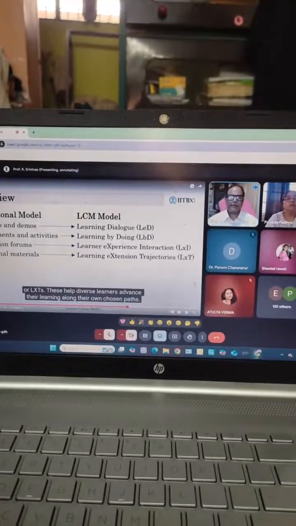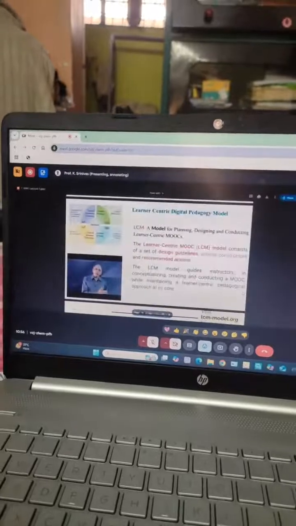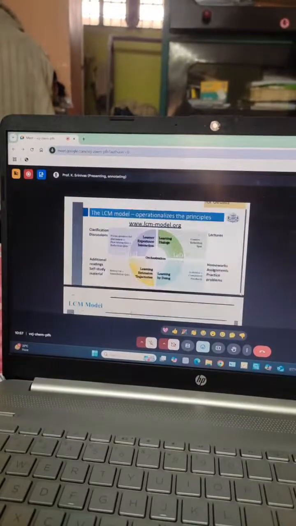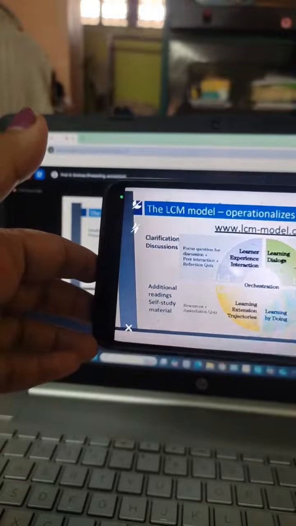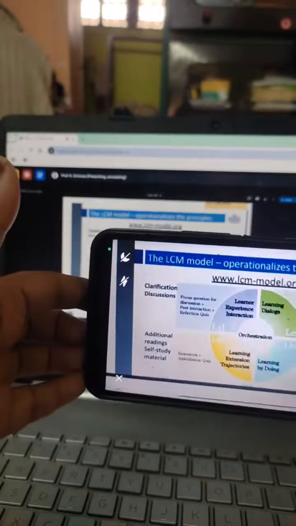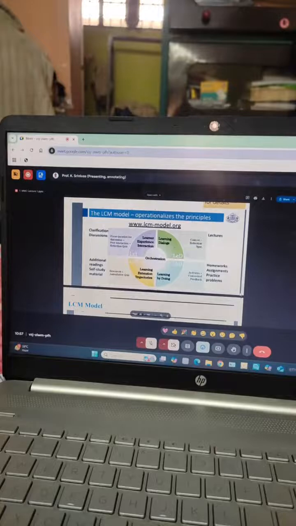Now, coming to the next one. So this is what the picture is all about. The learner-centric pedagogical model consists of lectures, some homework, additional reading material, and clarifications and discussions. So what is important is, in place of simply giving a video to be shared,